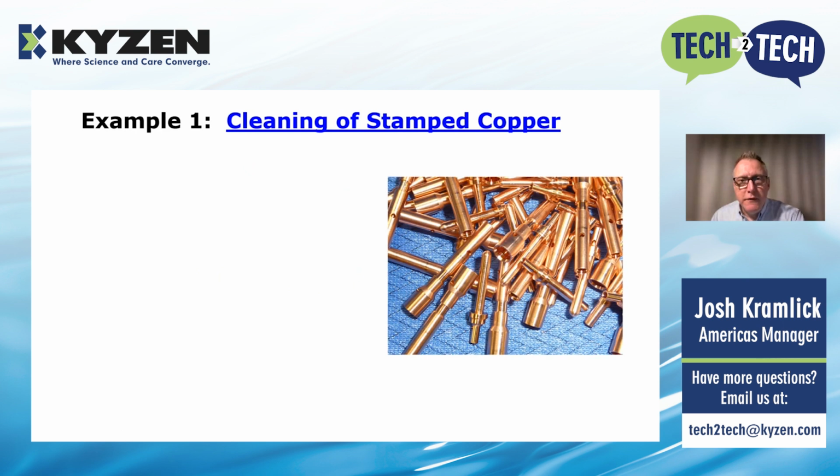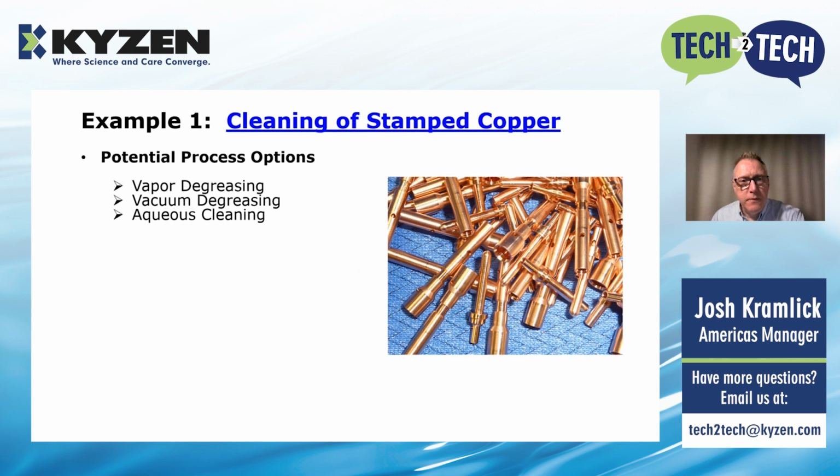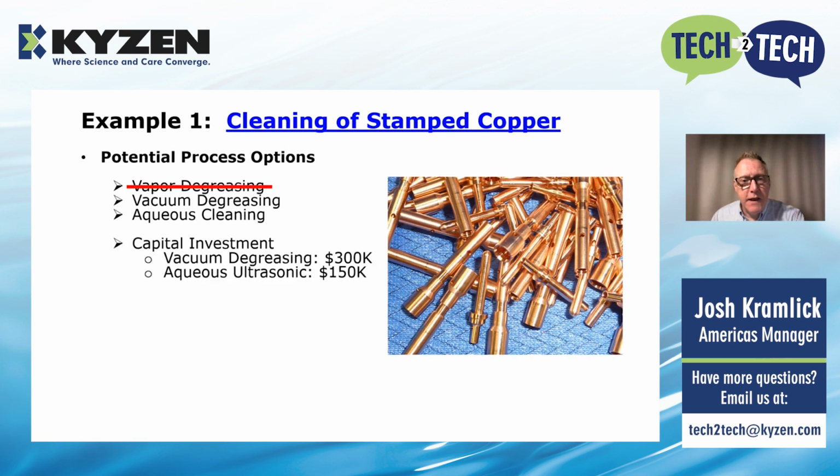I'd like to walk through a few hypothetical examples to explain the framework of the decisions here. For example, if we're cleaning bulk stamped copper components or machined copper components as we have here, we have a few potential process options. One would be vapor degreasing. Second would be vacuum degreasing, and third would be aqueous cleaning. All of those could potentially be viable for this application. Let's assume for the sake of this example that we're in one of those highly restricted VOC areas and we just want to eliminate vapor degreasing out of the gate. So if we compare vacuum degreasing and aqueous cleaning,